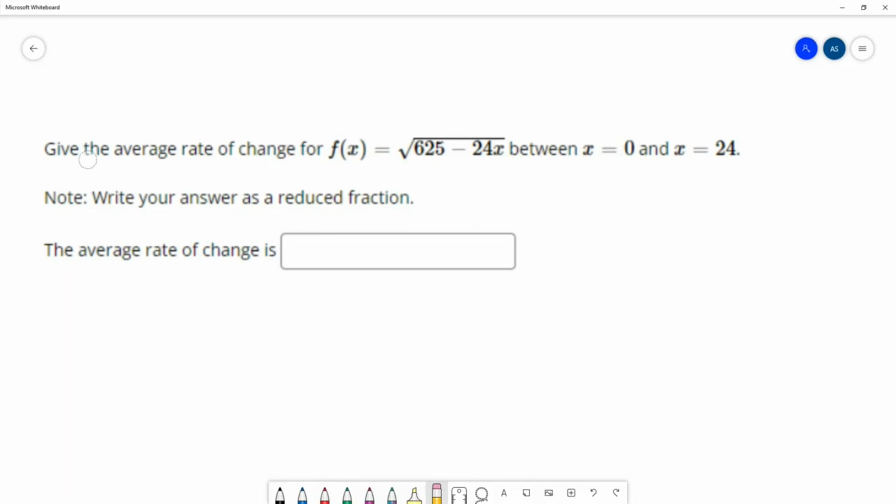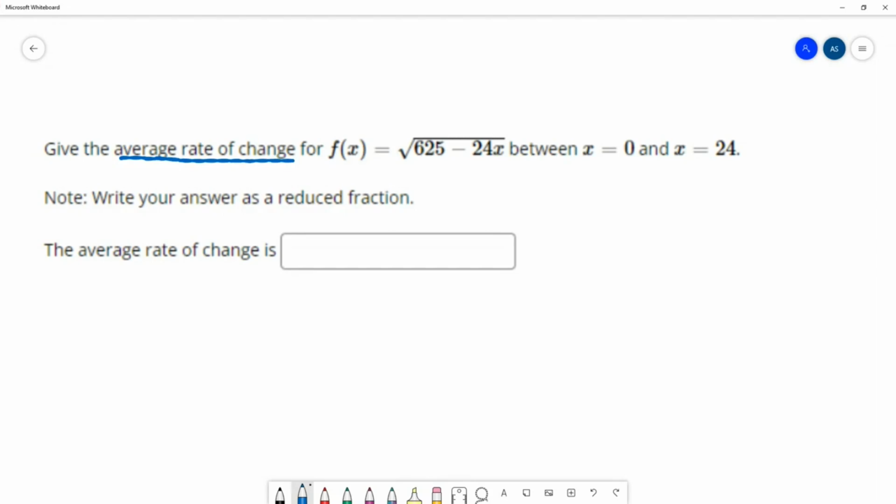On this question, we want to give the average rate of change for f of x equals the square root of 625 minus 24x between x equals 0 and x equals 24. We want to write our answer as a reduced fraction, and we have a blank for us to type our average rate of change. So the average rate of change is